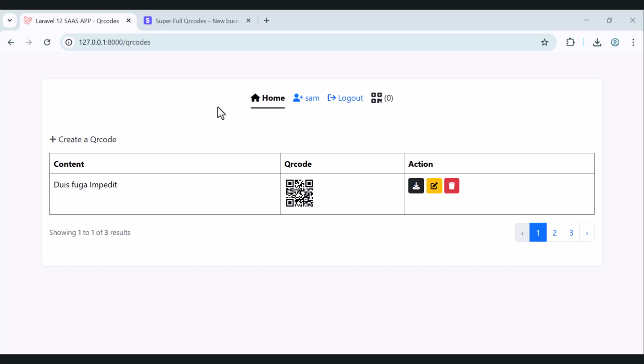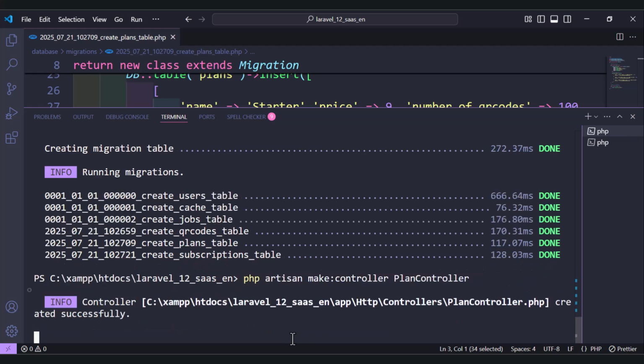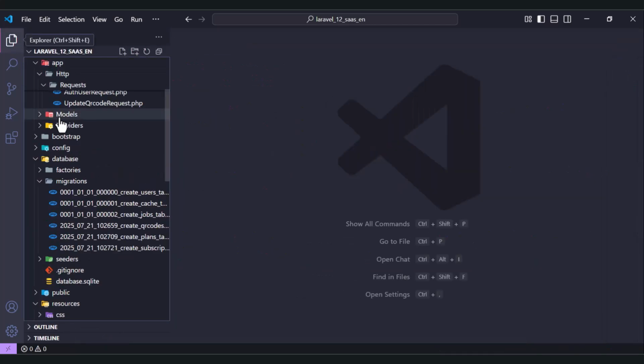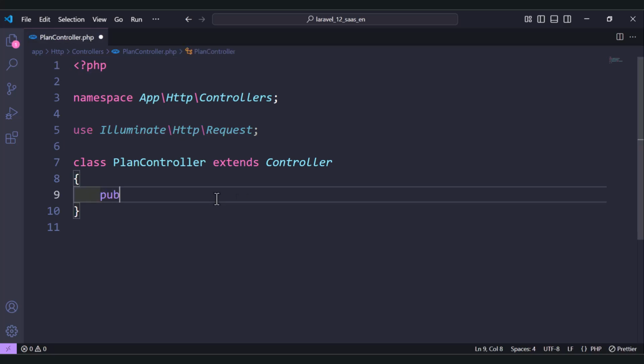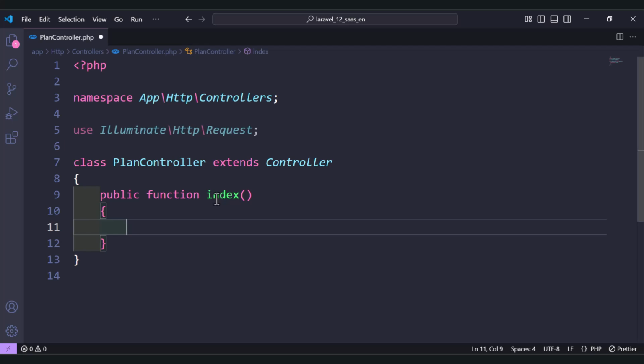So before we prevent the user from accessing the plans, let's first display the plans. And to display the plans, we need to create a new controller, which is the plan controller. So the controller is here. Next we need to move to our plan controller. Here we have only one function, which is the index, and this function will get all